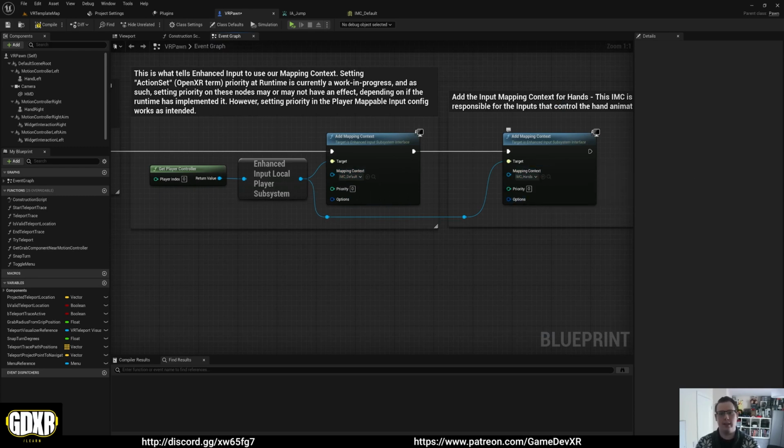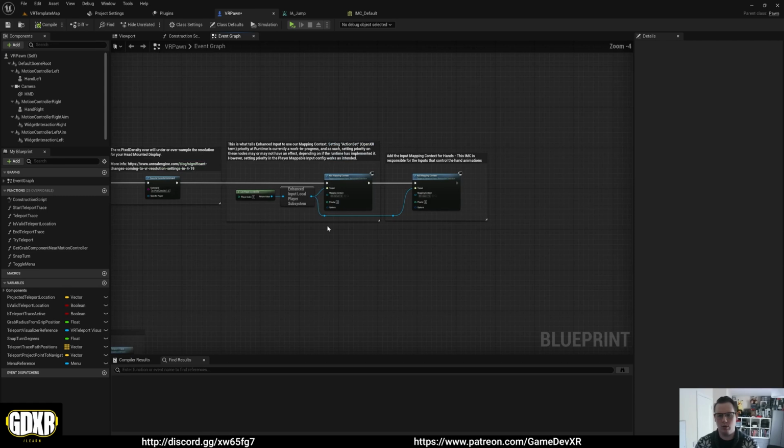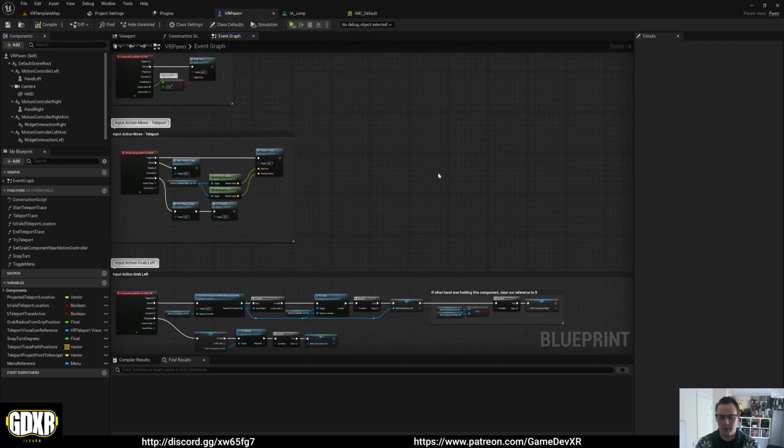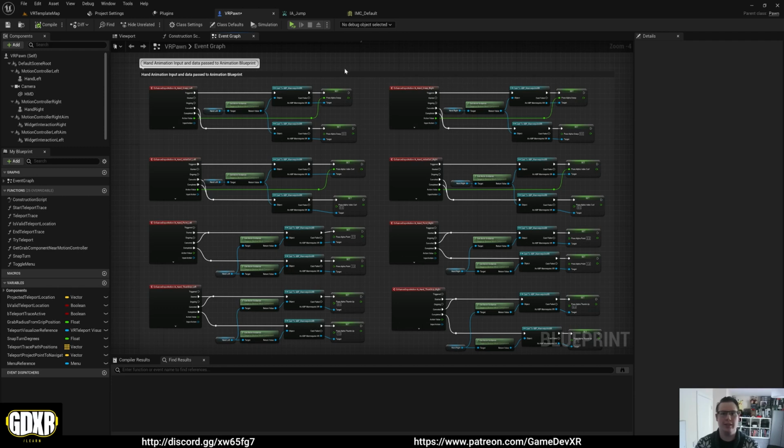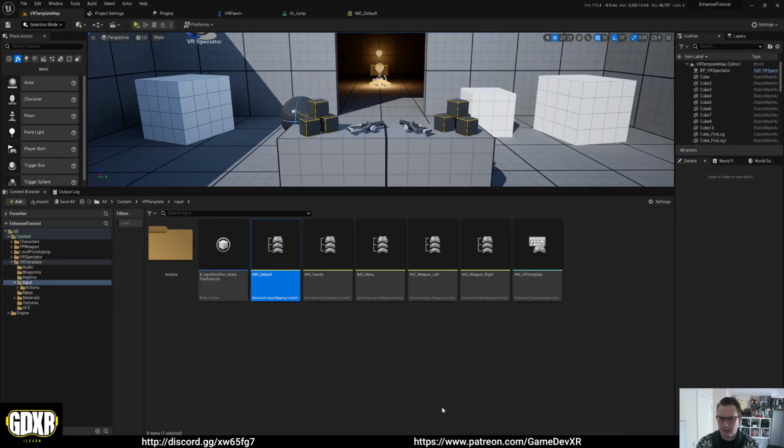So like I was saying, they're basically groups. We have our VR pawn that controls everything in here, and then we also have our hands, which we could then enable or disable. And we can see those in our IMC hands. We then have a menu, weapon left, and a weapon right. And these are basically what we want to enable and disable. So we kind of want the control over them. So if we open up default again,